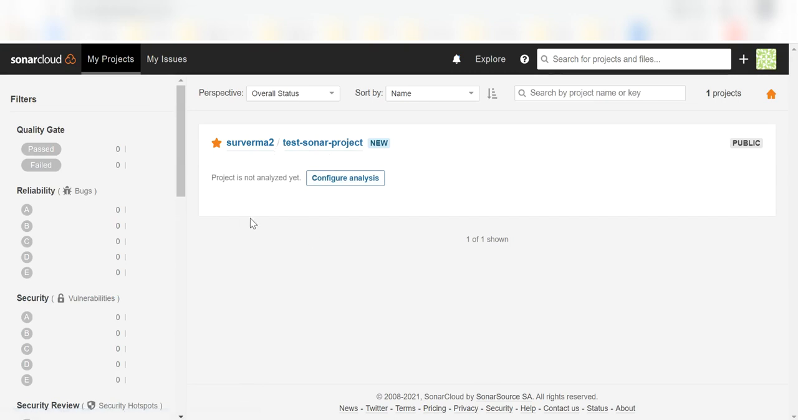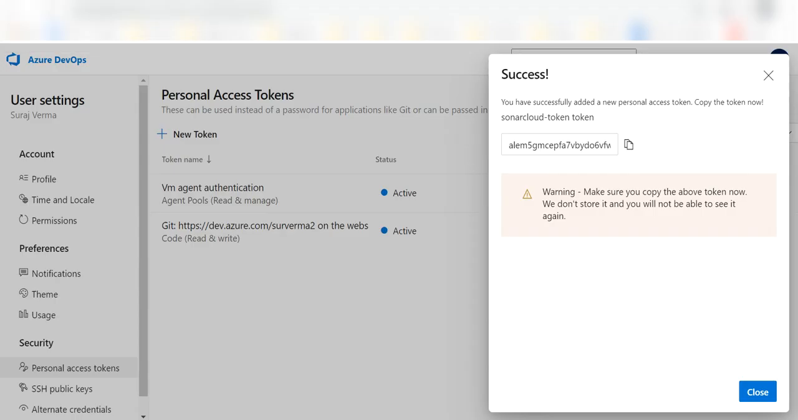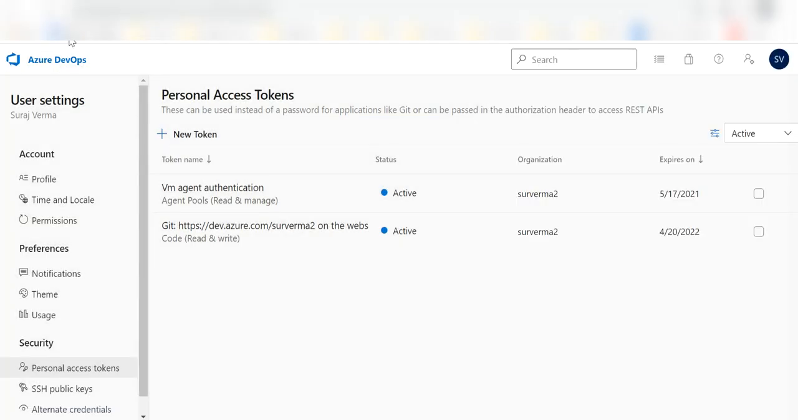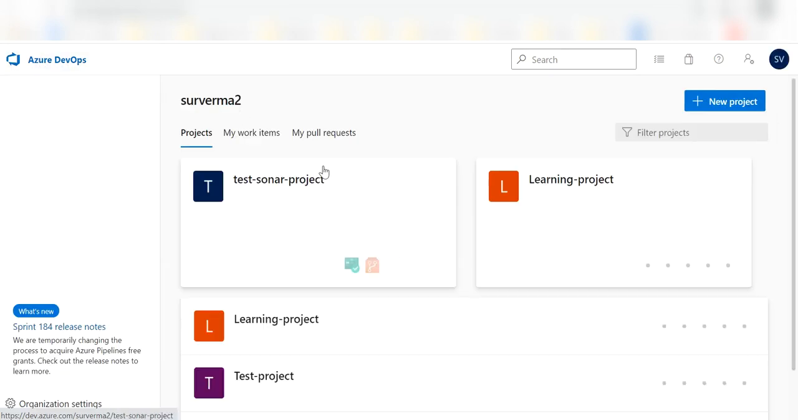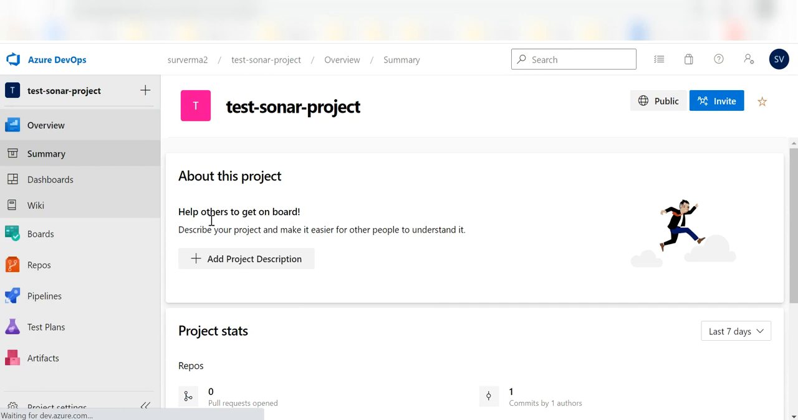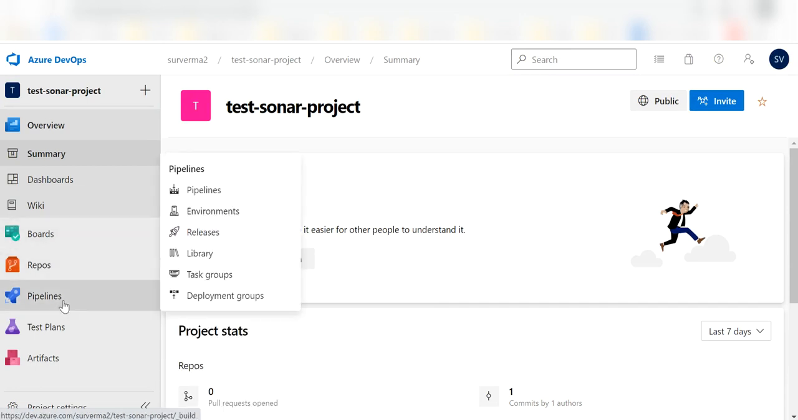Now we need to create the pipeline and we need to use the Sonar Cloud related tasks so that we can analyze the code and publish it to Sonar Cloud. I'm switching over to the Azure DevOps portal again. I'm going to my project. This is my project, test Sonar project, right? I'm going to the pipelines